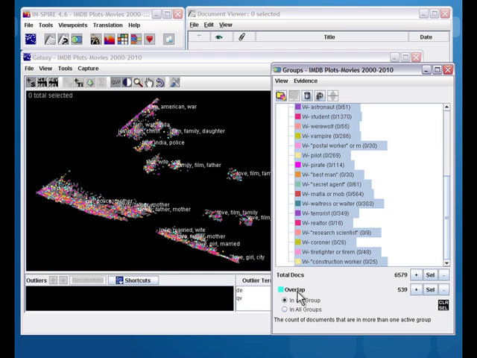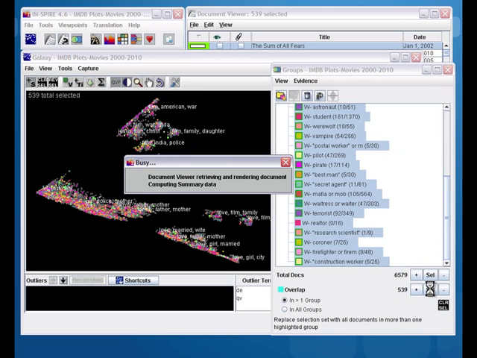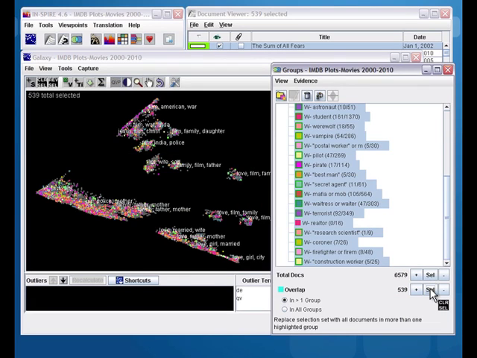and the overlap, so the number of documents that have at least 2 of these groups in common, there are 539 of those. Now if I switch this to all groups, and that makes sense, there are 0. So there are no documents that have all of these occupations in the same document, and that kind of makes sense. Now if I wanted to make a selection out of these 539 that match at least 2, then I can click this selection button,